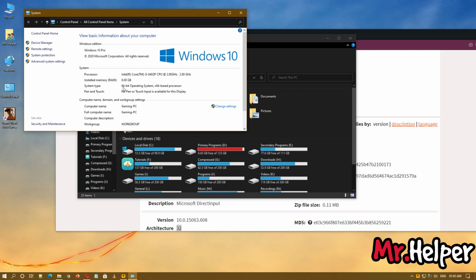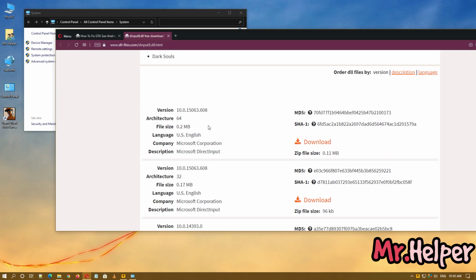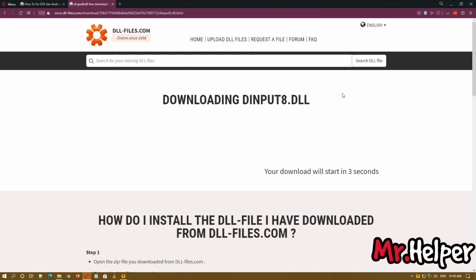If you are a 32-bit user, it will be written as 32-bit operating system. So in my case I am going to download this one because I am a 64-bit user, and 32-bit users have to download this one. Okay, so download it.